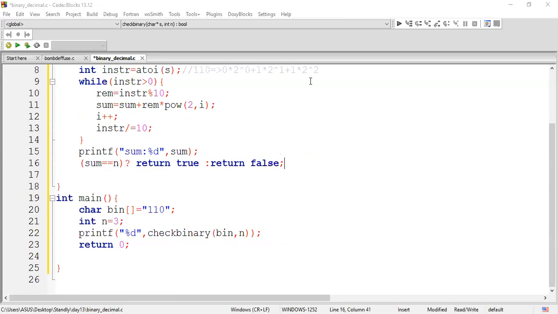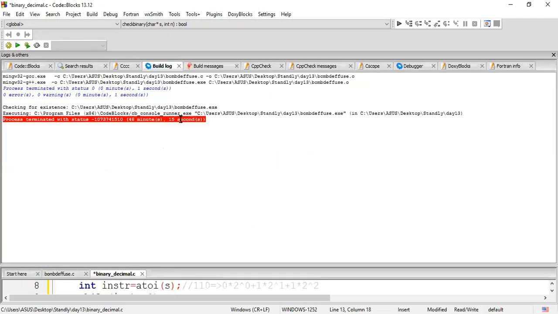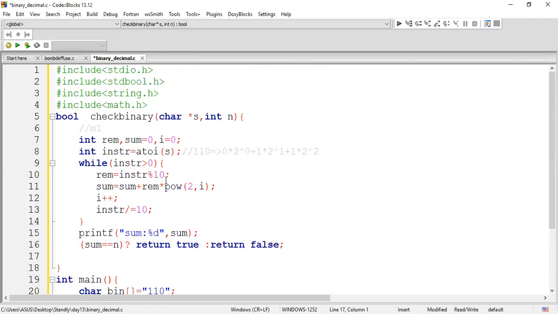Just a minute. What's happening? Check here. It is not responding. Just a minute, guys. It's not getting executed; the console is having some issues. So just give me a minute. We can copy this code, paste it in an online editor, and work on it. I'll paste the same code here. There is a problem with the compiler.